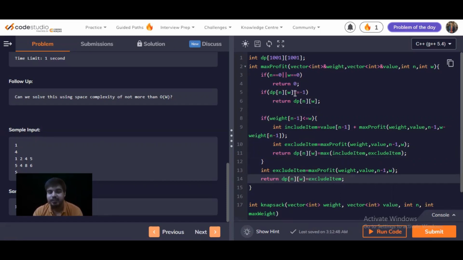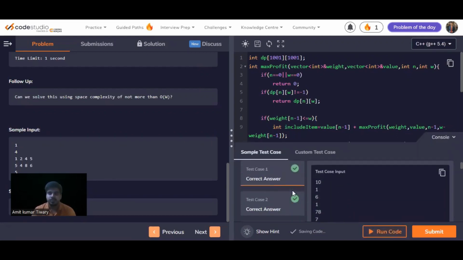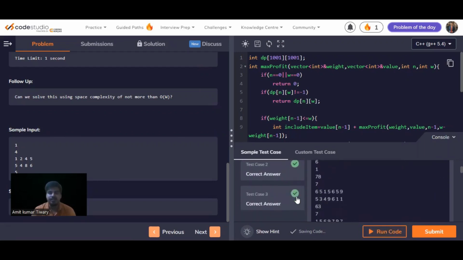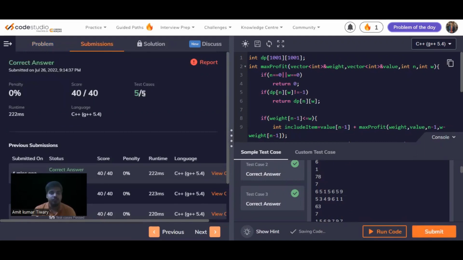We are checking it. If the value is not there, then make a call. If the value is there, simply return from the table. And when you are calculating the values, before returning, store it into the dp table. Now let's try to run the code and see the output. So as you can see, all the 3 sample test cases have passed. Let's try to submit and see whether all the hidden test cases are passing or not. So all the 5 out of 5 test cases have passed, and we have solved this